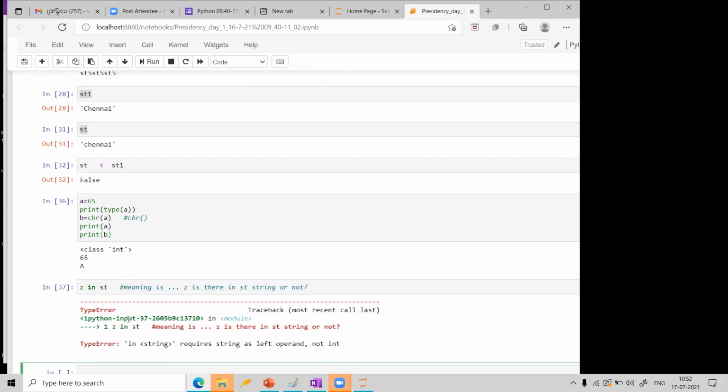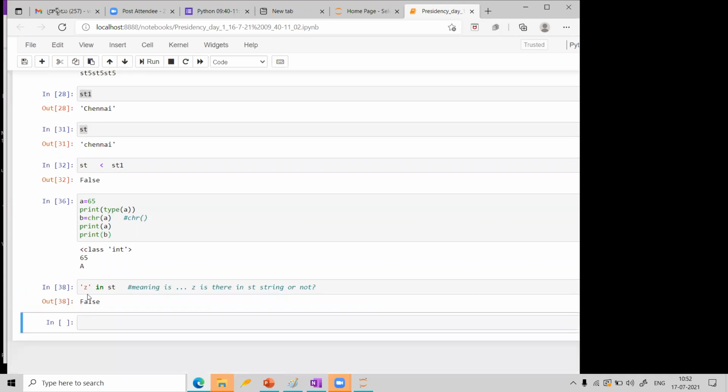Let us see what is going to happen. There is some error, I think. Let me see why errors are coming. Because of the left hand operator, let me check. I want you to understand all these simple things. When I am not putting the quotation, it is giving an error. I wanted to check whether this character is there or not. Z is a character, or you can think it is also a string.